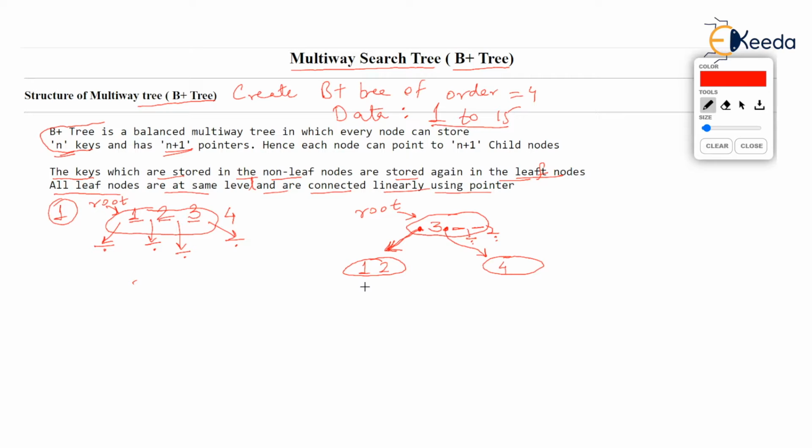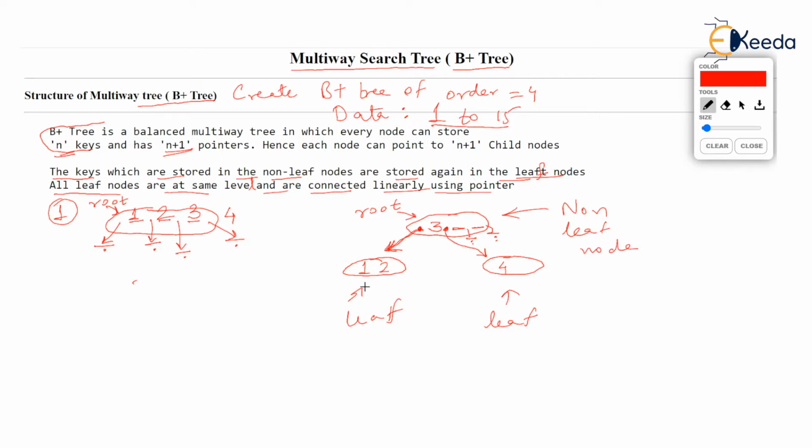So this node, to which I am pointing, is a non-leaf node because it has children, isn't it? But these two nodes, 1, 2, and 4, are leaf nodes. These are leaves. Now, what is said in the definition is that whatever key is there in the non-leaf, that is 3, has to be stored again in the leaf node. Now, you have to set up the rules as a programmer. You are supposed to store 3 again. I repeat, you are supposed to store 3 again in the leaf node.